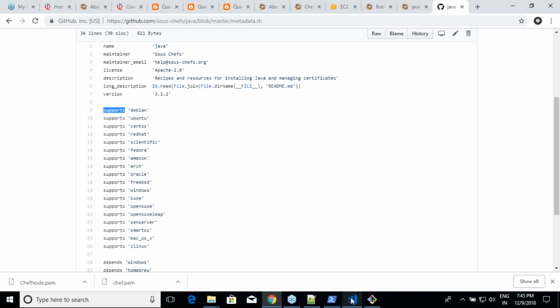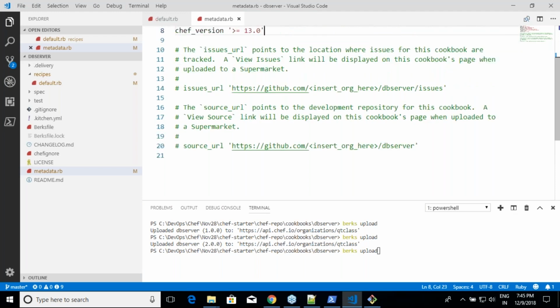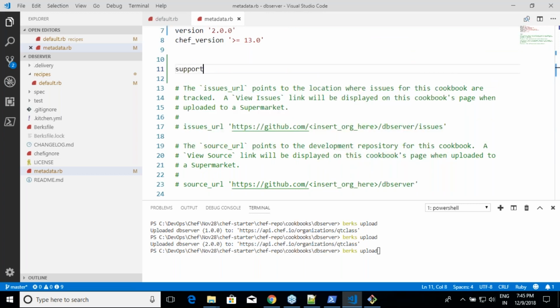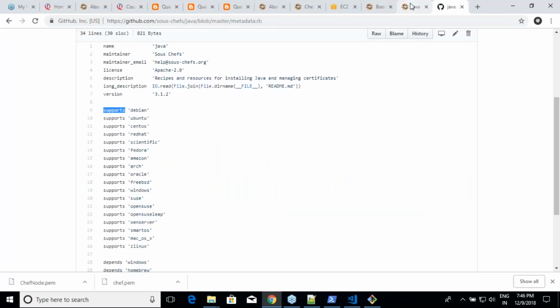So it is always a good idea whenever you write your own cookbook, go into your metadata.rb and let us assume that this cookbook is supposed to work on Red Hat. Basically write a statement saying that supports, right? Remember, we have spoken about this already. If it is not supported, we will raise an error, and you would say that supports Ubuntu. So which means what you're trying to tell us, this cookbook is supposed to be executed only on two environments, which is Red Hat and Ubuntu. Am I clear on this? Right? So that is what this guy also does. That is what you see over here.